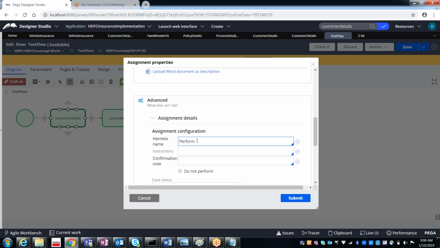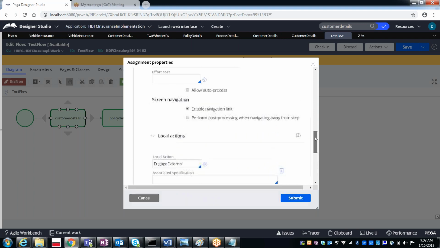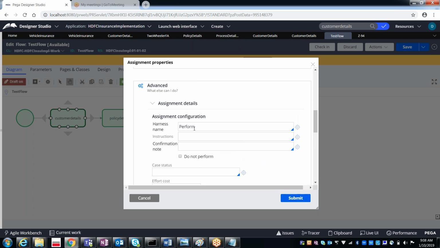Okay, so how many of you remember in these assignment properties along with the harness? Okay, in the last class we discussed to add something else. What is that? By going to this assignment properties, okay, we have added something else. What is that? Local action. Local action. Yes. Okay. So along with the local actions, we can also add something called harnesses here. Okay. We can refer the harness which you wanted to refer, which you wanted to display to refer this flow